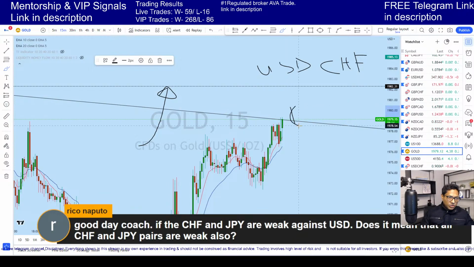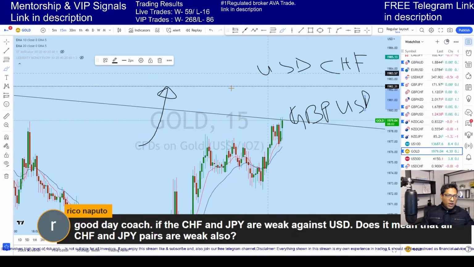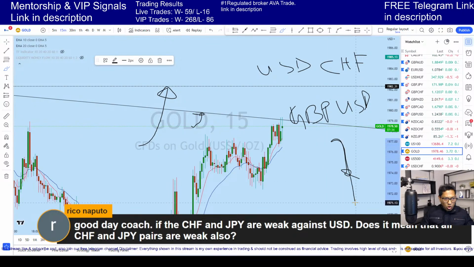GBP USD. Now in GBP USD, if USD is going up with USD CHF, because USD is stronger, we might see GBP USD dropping, right? Same thing, because USD is stronger. But what if USD CHF goes that much higher because USD is stronger, but on GBP USD the drop is that much, a massive drop? Now if there is this much drop on GBP USD and that much rise on USD CHF,